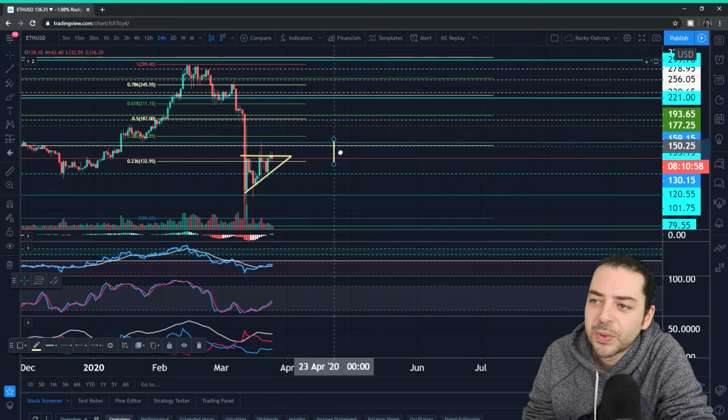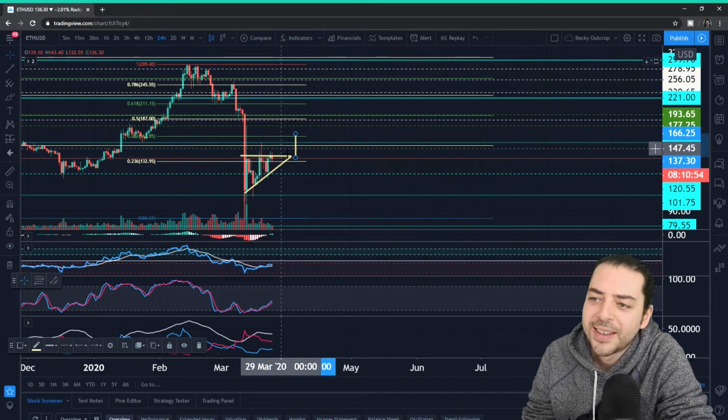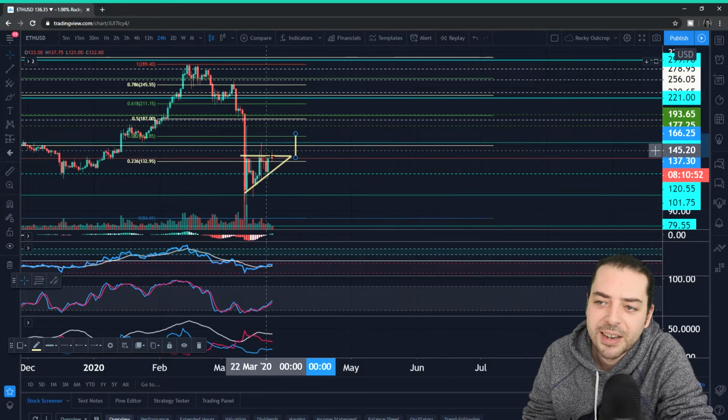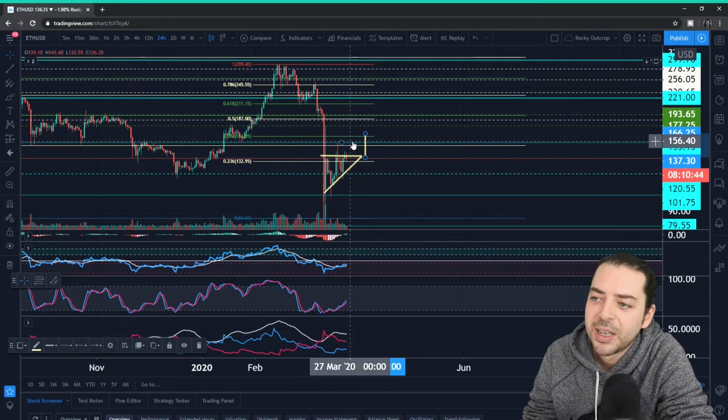So that would be the sort of the warning. If there was to be some sort of move out of this thing, then you could be looking at fake outs in around this area, and you not get the full measured move, is what people would talk about afterwards. But of course, what we think about in terms of these lines is we call them profit taking lines anyway. So in that one there at 150, essentially, and that kind of speaks for itself again anyway. 155 really where that is, and